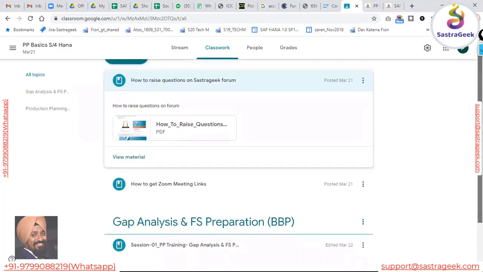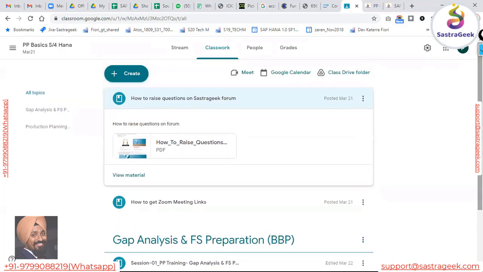Parminder, I think what Rajveer is asking is, to answer your question, you'll get all the links once you go to the Sastra Geek website. There are no different links. You just go to the website, and then you'll get all the different tabs like video blogs, YouTube channel, everything. I agree, but within the website, I have to hover around. I think this one also clarifies what Parminder is mentioning here, how to raise questions.